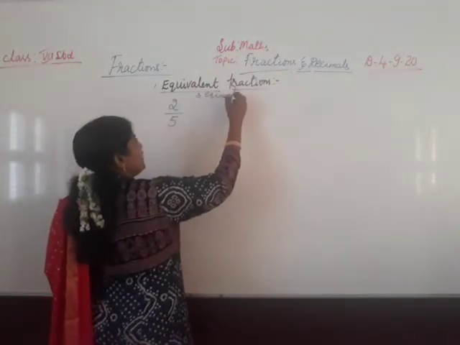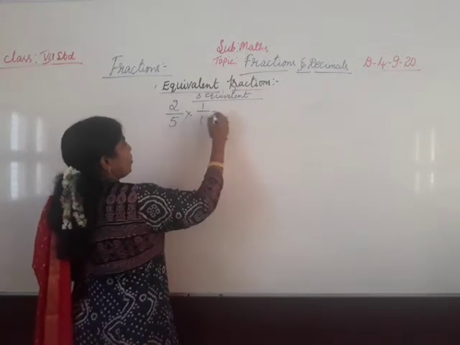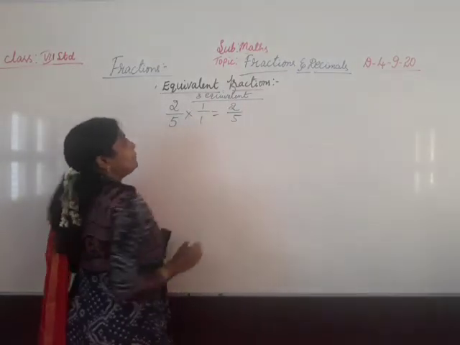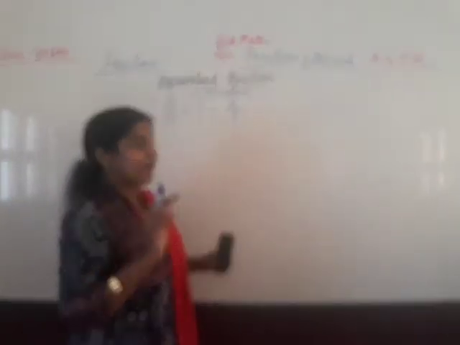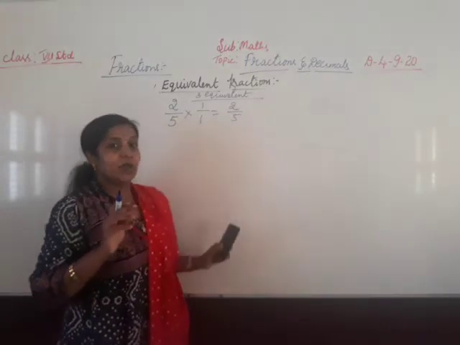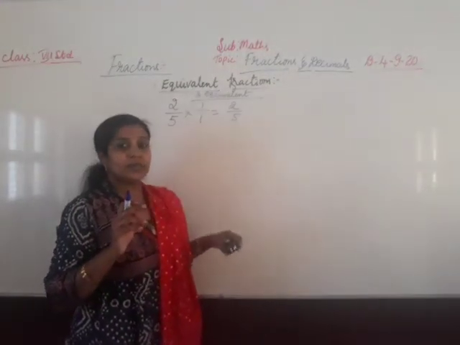You are all familiar with this. From 4th standard you are writing this. So what you have to do? You have to go on multiplying by 1, by 2, by 3. That means the numerator also by the same. There is a condition in fractions. If you multiply the numerator by 1, the denominator must also be multiplied by 1. If you multiply the numerator by 2, the denominator also must be multiplied by 2.